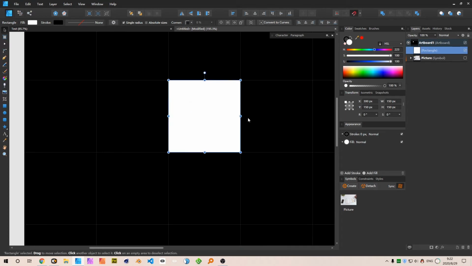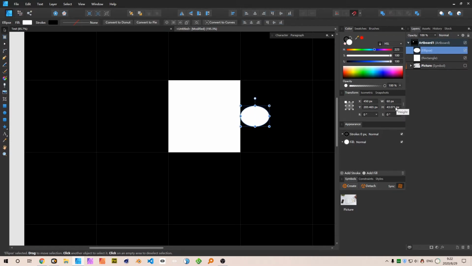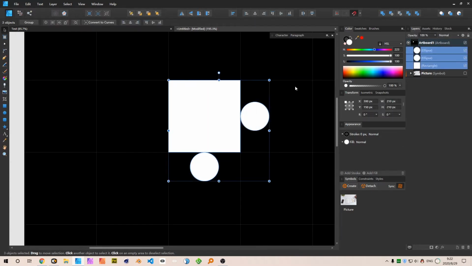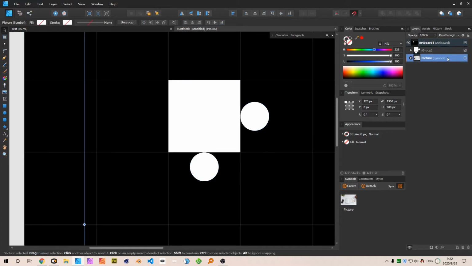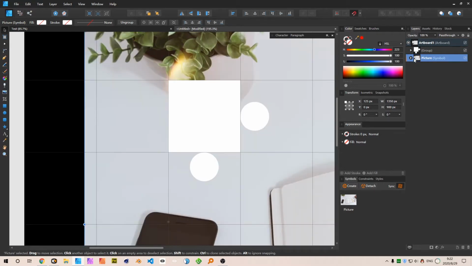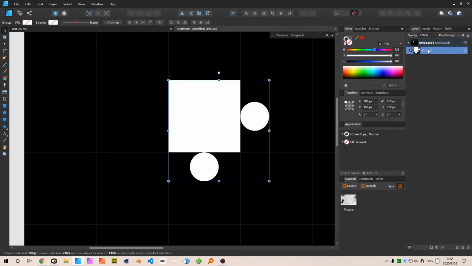So that's it. And next thing is I want to draw a circle. Here I give it size to 60, maybe a little larger. Let's talk about it later. So here is our one piece of puzzle, and let's group it. Delete this picture layer for now, and we have one piece of our puzzle,